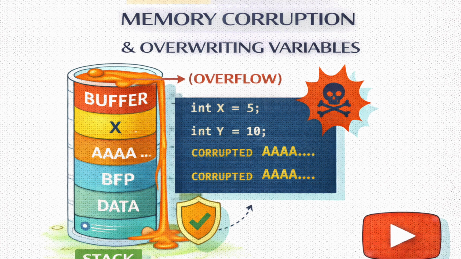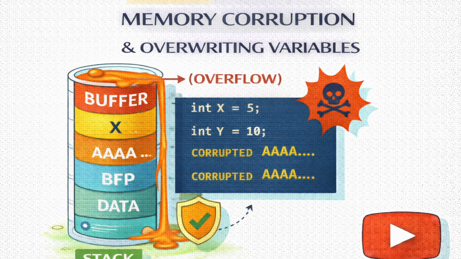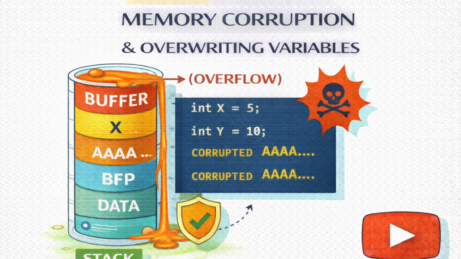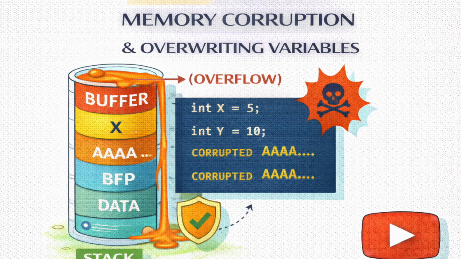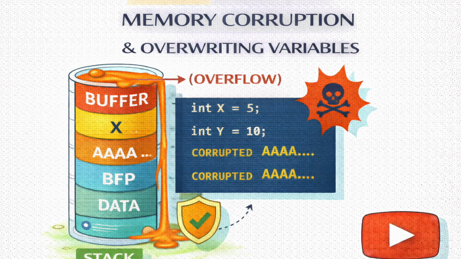You need to know the offset. The offset, the distance. You need to know exactly how many drops of water, how many bytes num is away from the start of buffer 2. So you have to find the difference between the memory addresses. It's a spatial puzzle. If you pour too little, you just fill the bucket. Nothing happens. If you pour way too much, you might overshoot num entirely and overwrite something else, which usually just crashes the program. You need to fill the buffer exactly to the brim and then spill just enough to cover num. Exactly.